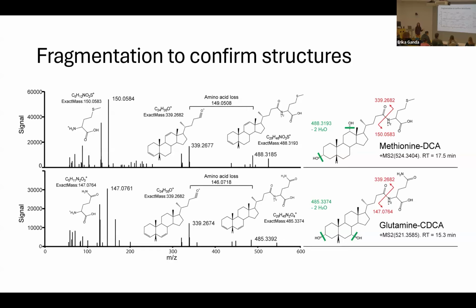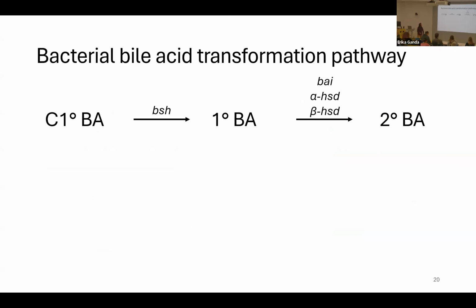And those are all in the supplementary data of that paper. So now we take this canonical bile acid transformation pathway and add a few more arrows. So these MCBAs were present also, right? Our conjugated primary bile acids were in the media, but we didn't identify the enzyme responsible for this transformation.